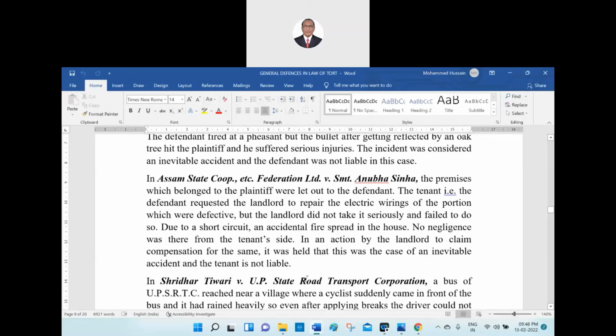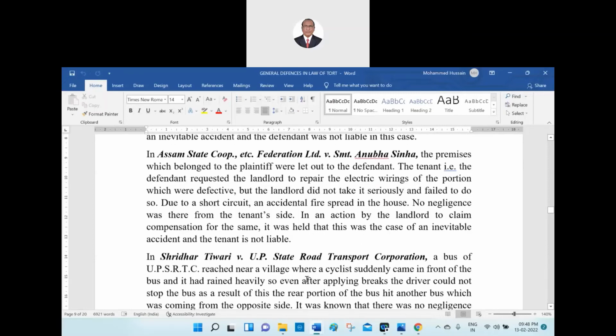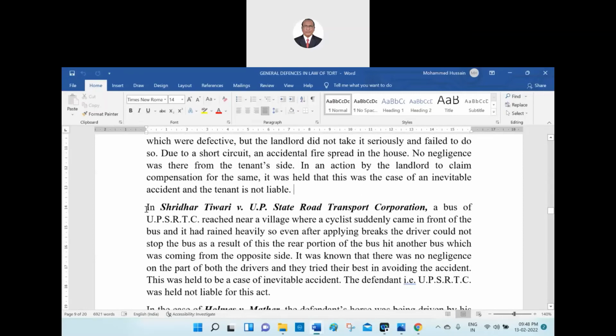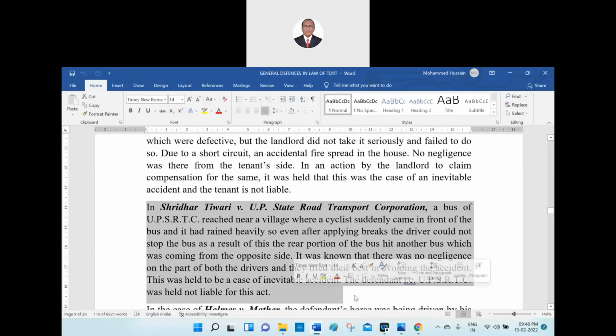So that is a thing, it is an inevitable accident. Then the next case law is, read, anyone can unmute and read the next case law in inevitable accident. Yes, hurry up. In Sridhar Tiwari versus Uttar Pradesh State Road Transport Corporation, a bus of Uttar Pradesh State Road Transport